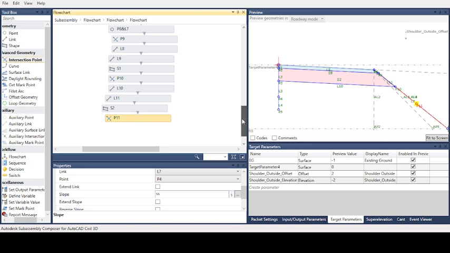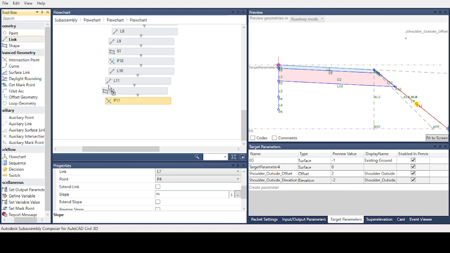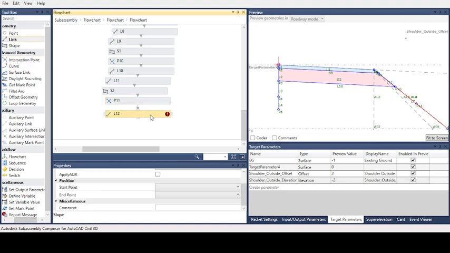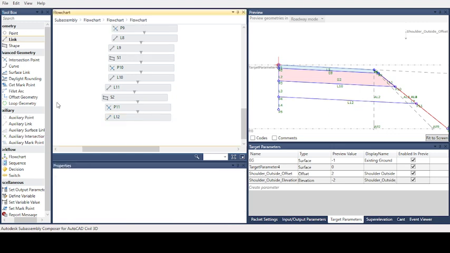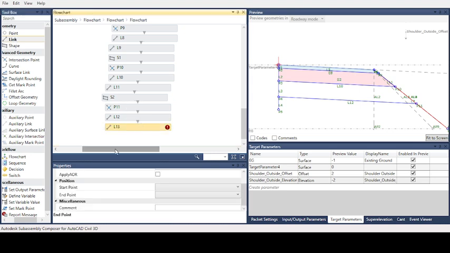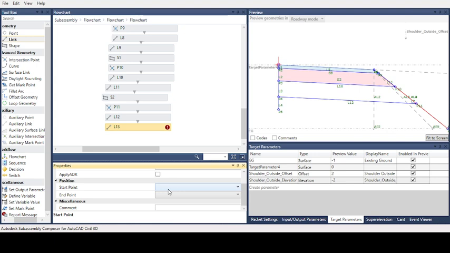We will give a link. This link connects point 4 and point 11 with the shoulder slope. We also create one link that connects point 10 and point 11.